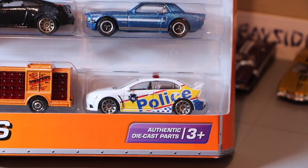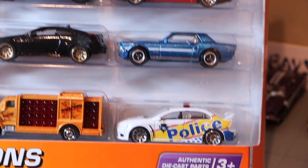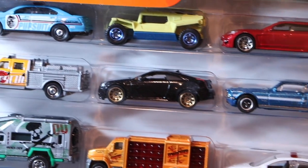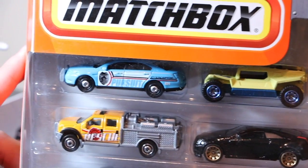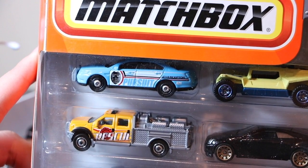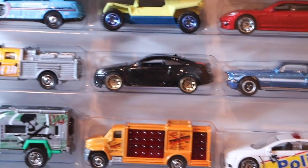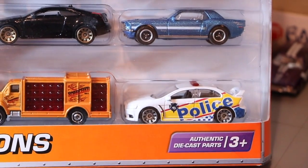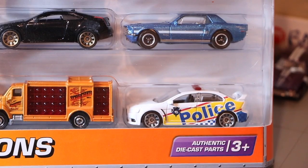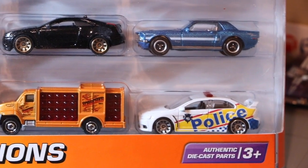It's interesting that they did it only for this pack, and the one other police car in the pack is the Ford Pursuit, the Taurus Pursuit, and that's in a generic livery. But that fantastic Evo, that's been a highly desired model. I've seen it go for some pretty high prices on eBay. And anyway,